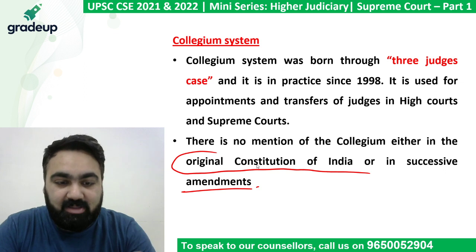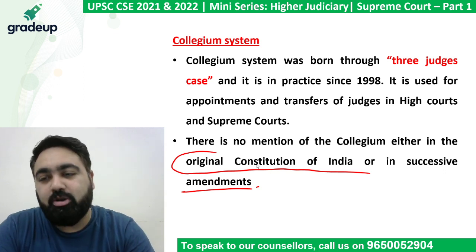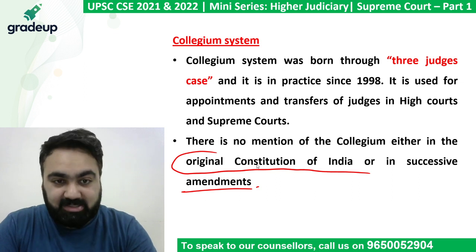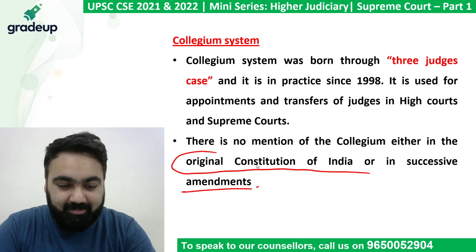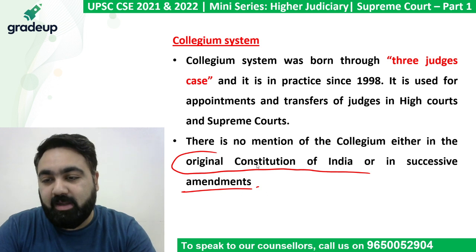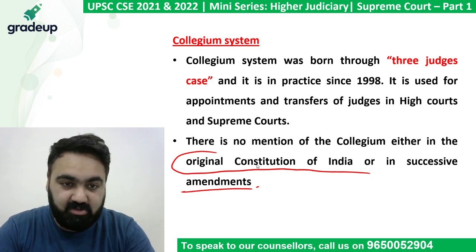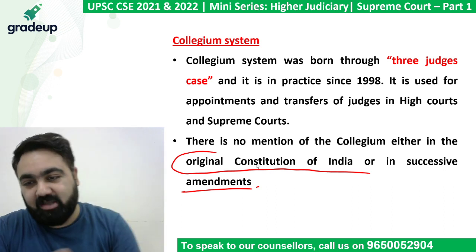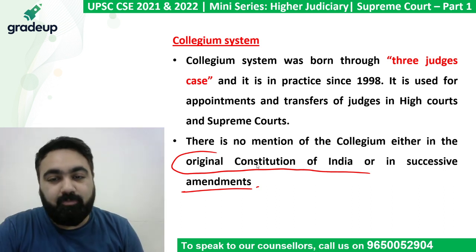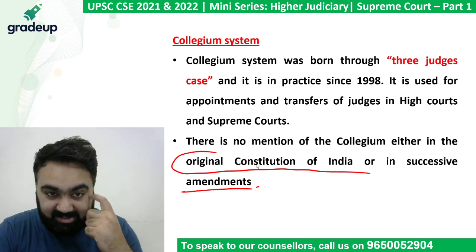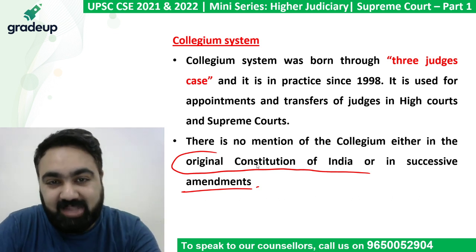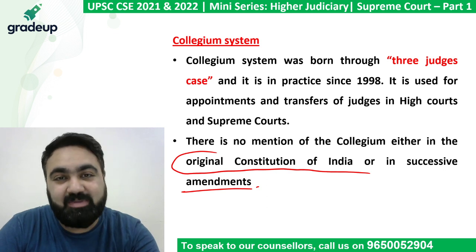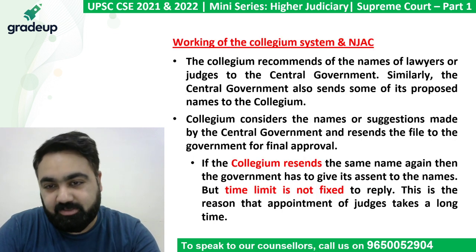The second problem with this is it's a closed door meeting. When the collegium has a meeting and they decide who will be the next judge, no one knows how they decide, because there are so many people who have been in high court as judges for 5 years. Out of them, who do they pick? What are the criteria they should apply? There is no questioning that is allowed. So there is not much transparency that is involved in the entire process, and that is why it is also suggested that there should be something new and not the collegium.